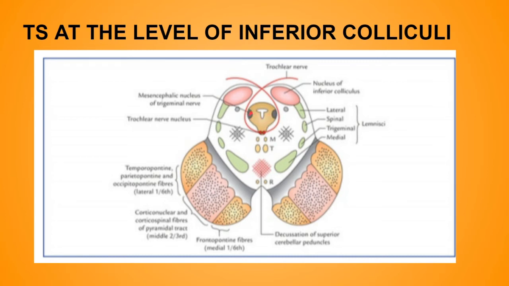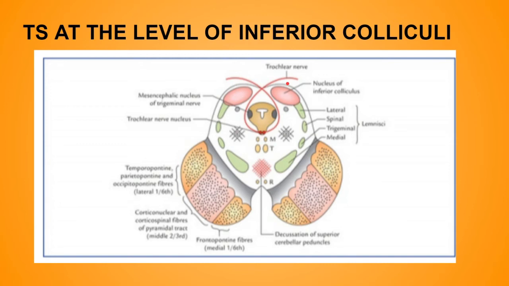the trigeminal nerve. First of all, the trochlear nerve nucleus is situated close to the median plane, just posterior to the medial longitudinal fasciculi. This is the medial longitudinal fasciculus. So posterior to this we have the trochlear nerve nucleus. And these are the emerging fibers from the nucleus. These fibers pass laterally and then posteriorly around the grey matter and leave the midbrain just below the inferior colliculus.